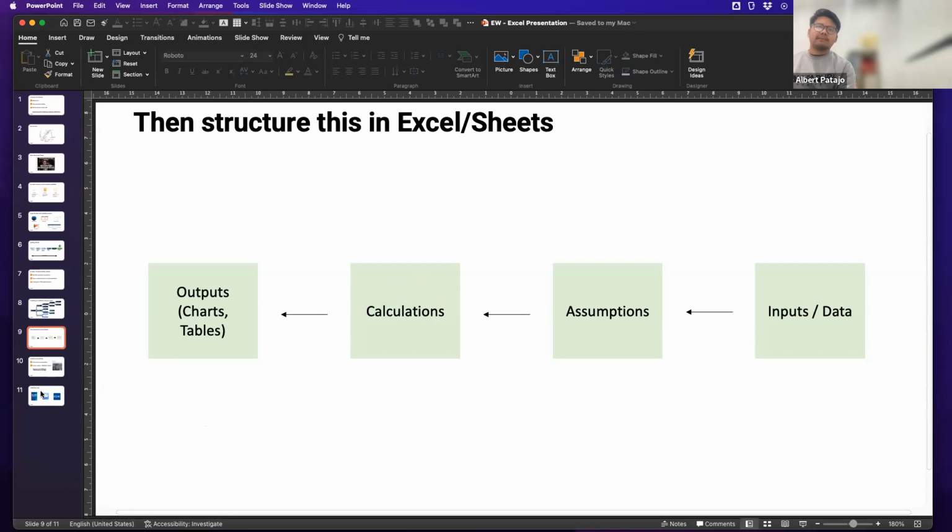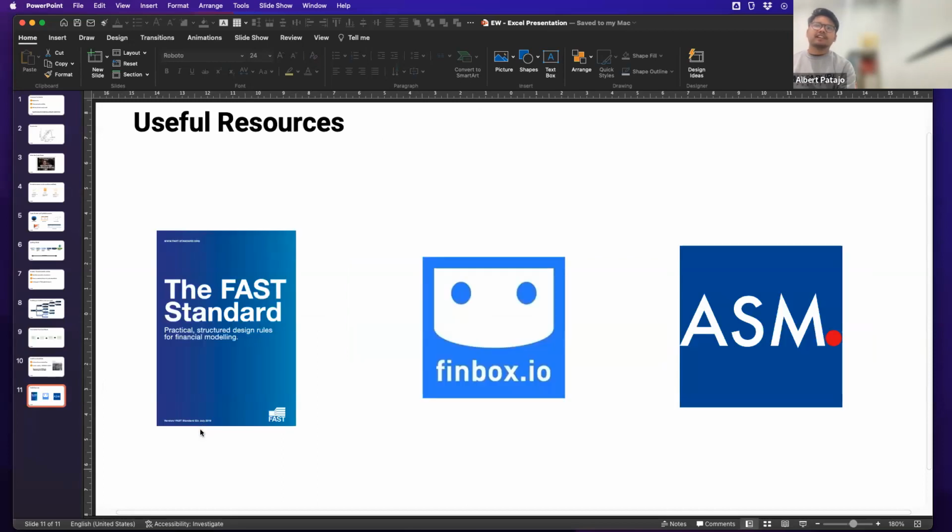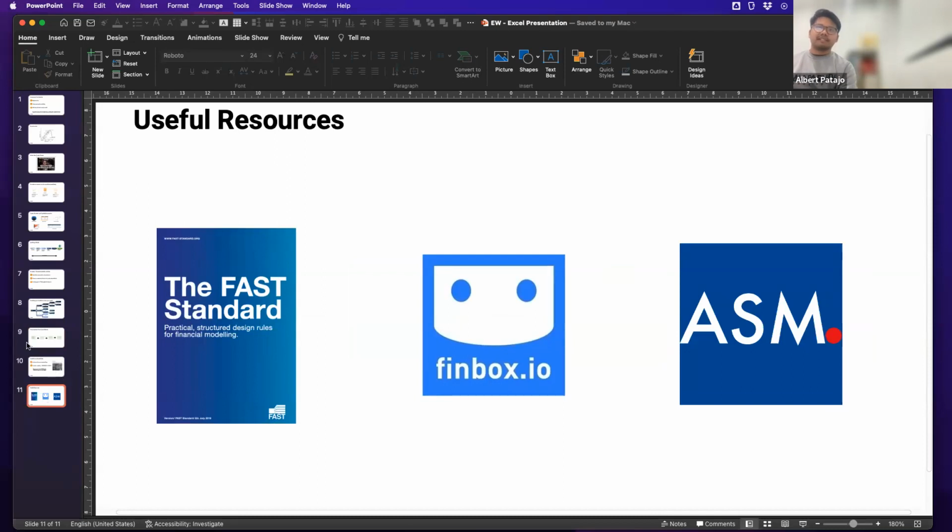And then lastly, a couple of super useful resources. Here's the FAST standard. This is a standard that's been set by a bunch of financial modelers that goes through rules for structuring a workbook, as well as how to design a model. I would highly recommend it. I think I've posted this a couple of times in the work chat or Slack group, but I'll share it in the investing channel as well. It's a guidebook for how to structure, in very granular detail, what an Excel model looks like, not just a financial model, but a lot of other models.